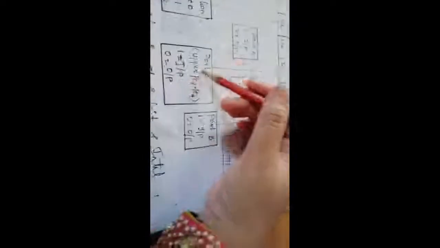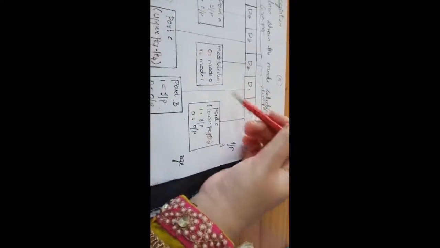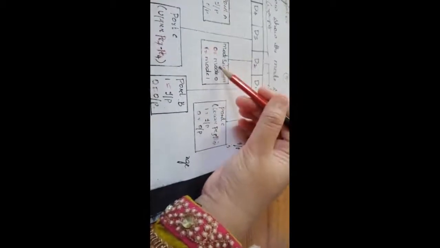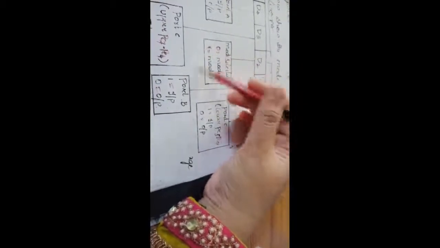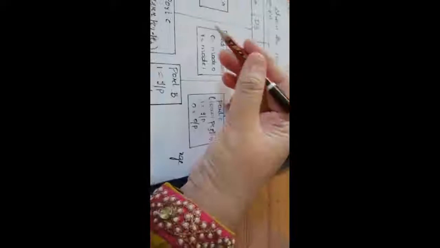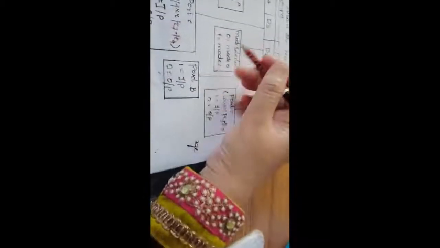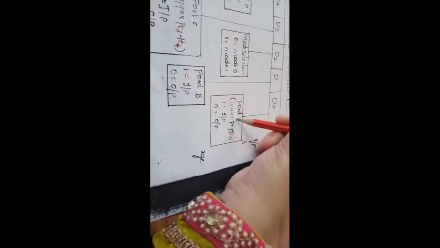Then D3, the upper part of port A and upper part of port C, is used here in BSR mode. But in group B you have to use the lower part. You can use only 2 modes. Here 3 modes you can use in IO operation. Here you can use only 2 modes in IO operation, that is, mode 0 means 0, mode 1 means 1. You can use ports A, B, C for mode 0 and the handshaking signals of C in IO mode. But BSR mode means you have to use port B with the lower part of port C.